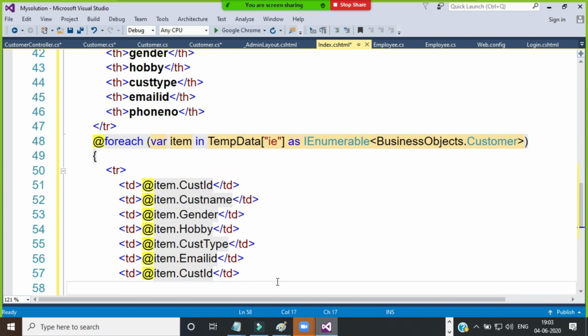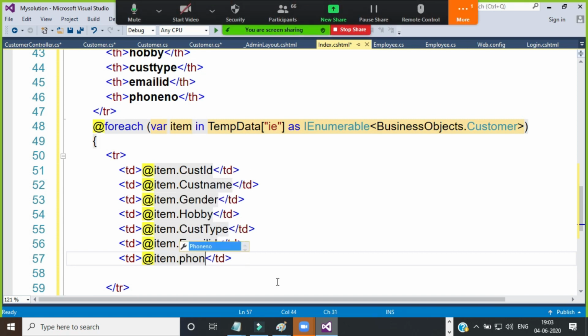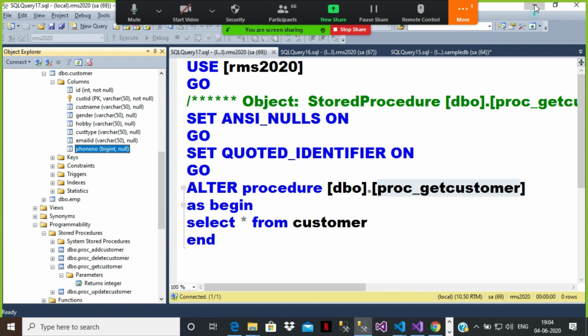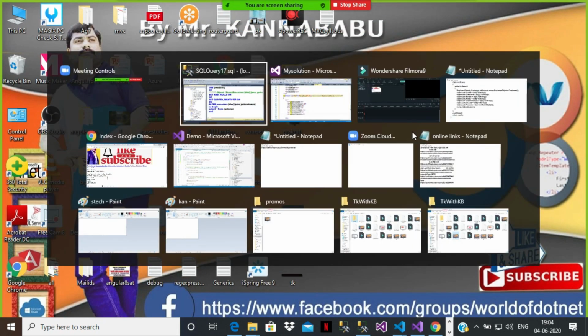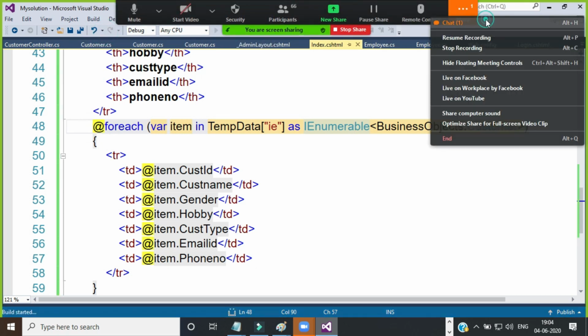You have to spend some time to complete the project. Just watching means there is no use. Parallelly you watch, pause, and again you try to complete it. Did you understand? So my data is, I want to display the data in the front end. Let us build the solution, and once debug and check the output. Is it clear?